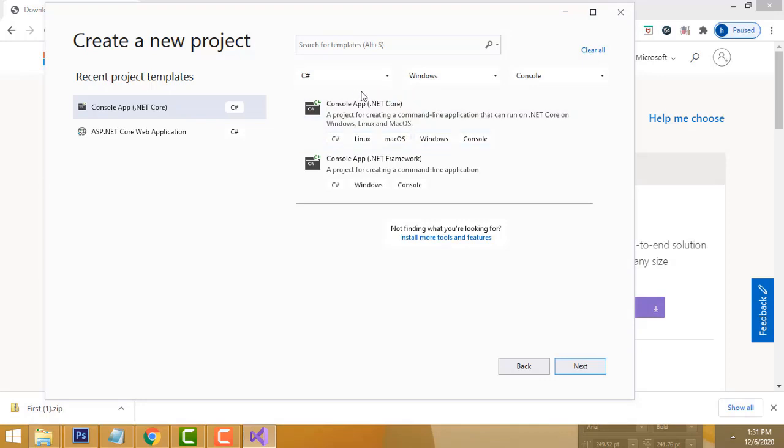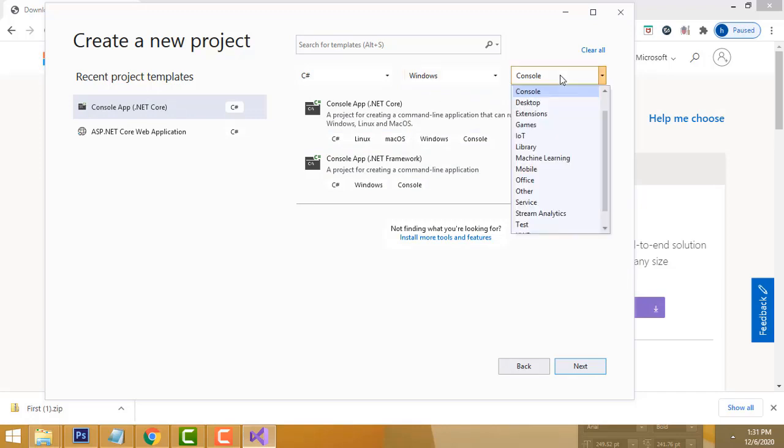Here you can notice that it is platform independent. Whatever the operating system, you will be able to run the program. You can choose a Windows application, C# Windows, or Windows, Linux or any other operating system. I am working on a Windows machine, so we have to use Windows.